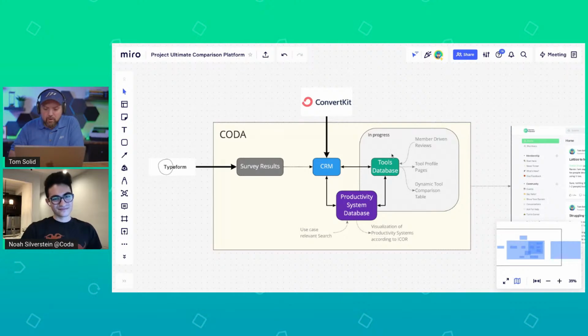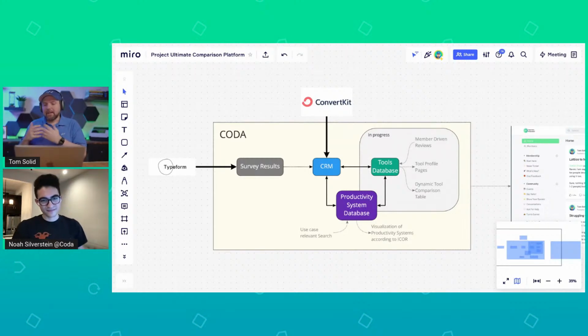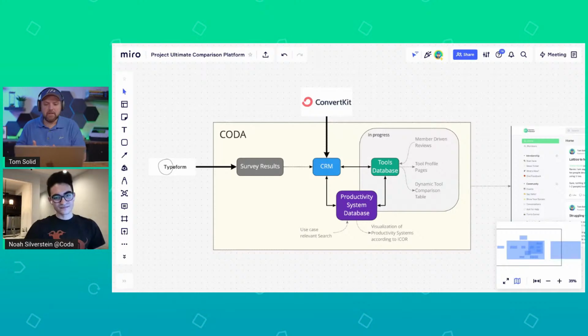However, last time we focused on the tools database. When we create a productivity systems database, we will add tools that we use in this productivity system, obviously. And I don't want people writing down the tools they're using. This will be a mess. Free text is always a mess. So we start with the tools database where we provide tool information and give people the opportunity to add their own tools, because I don't know all the tools in the world, and give them their own reviews so they can rate their tools